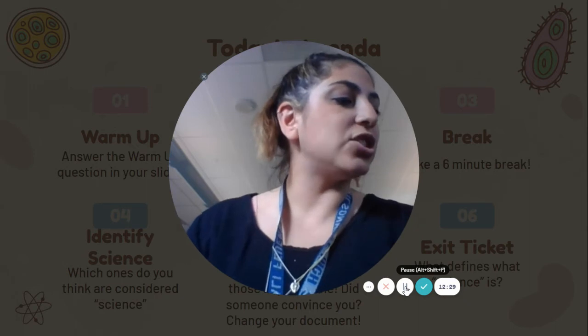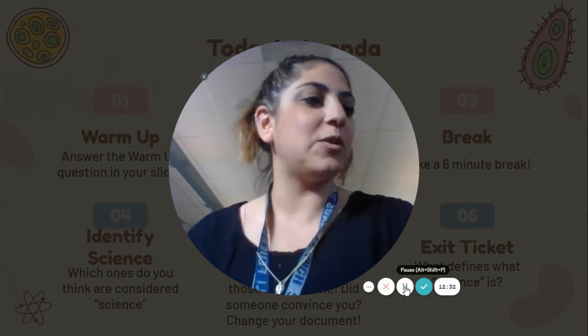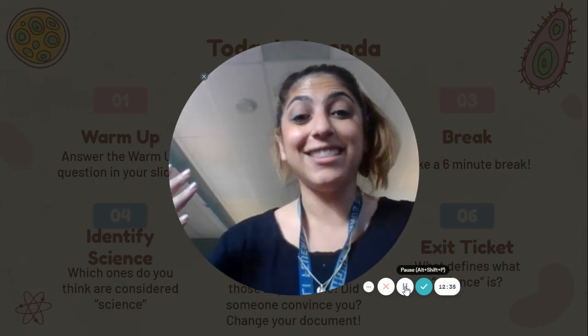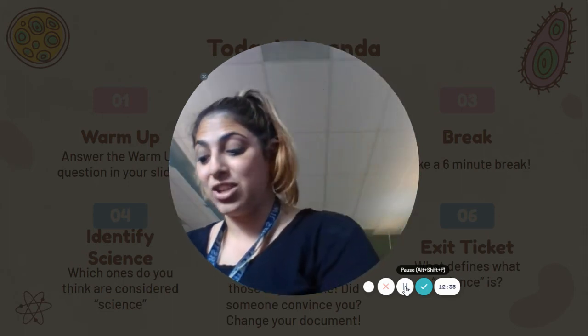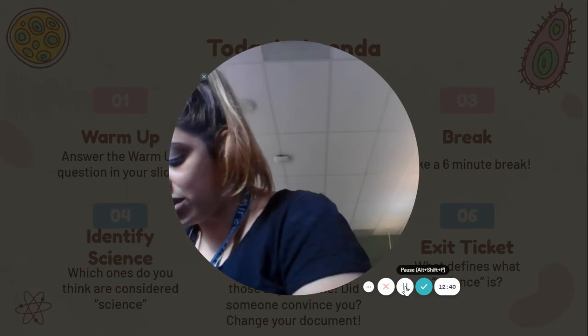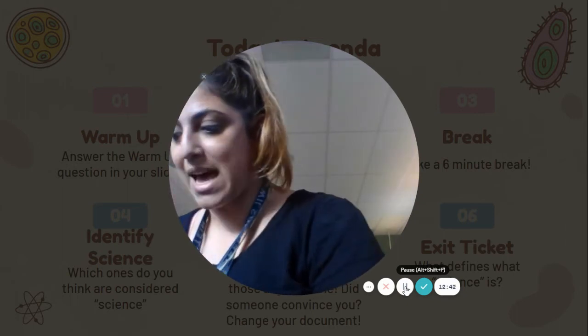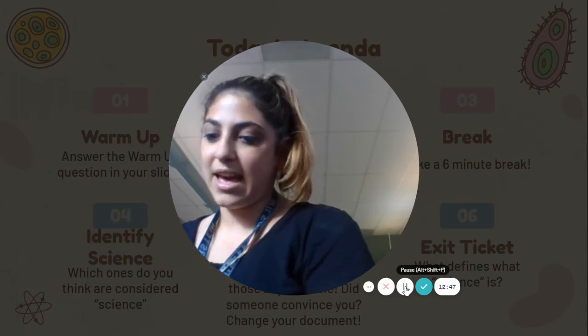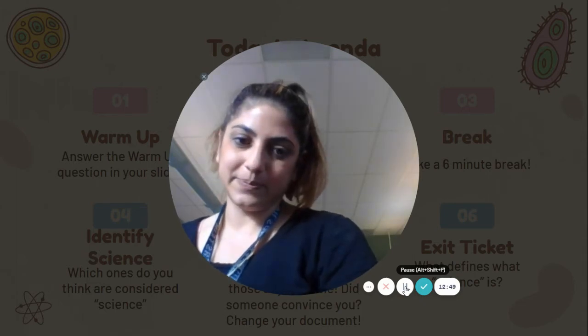Please don't forget to turn the microscope off at the end of the period. Believe it or not, these are really expensive, and the light bulbs are expensive, and they don't always last long. So please make sure that you're being respectful by turning off the light at the end of the period. Okay, and that is the microscopes.